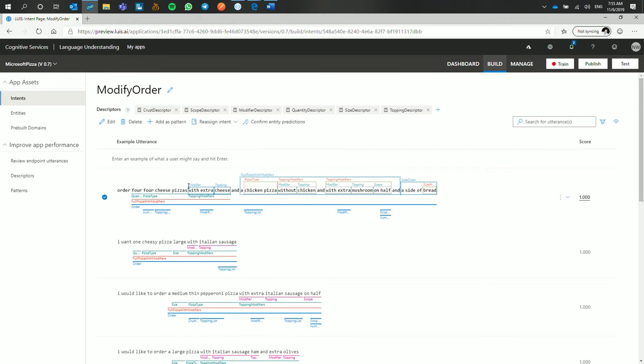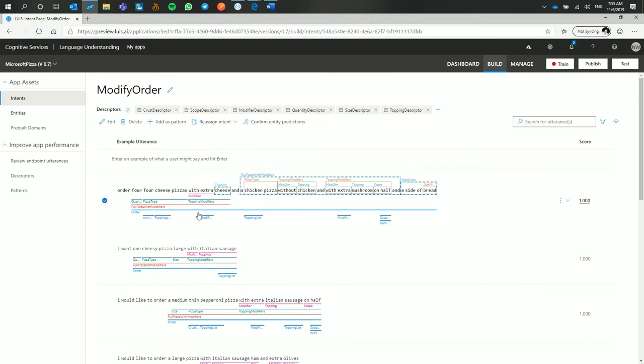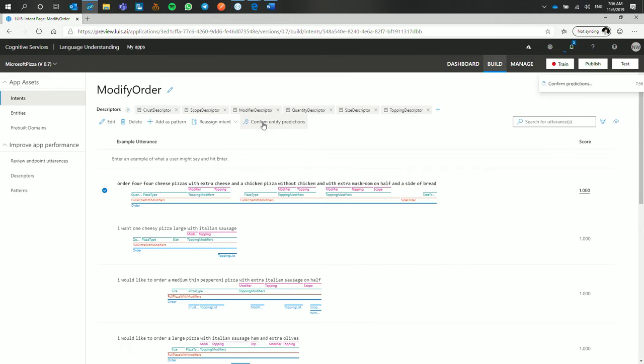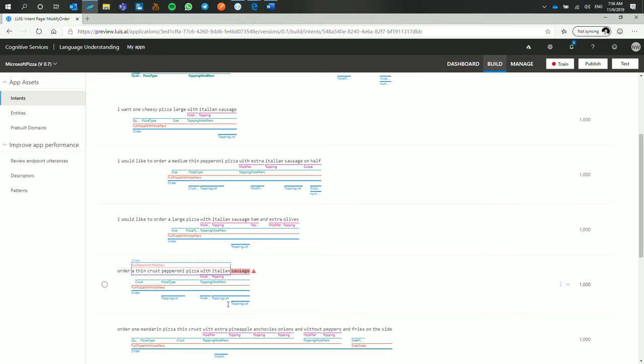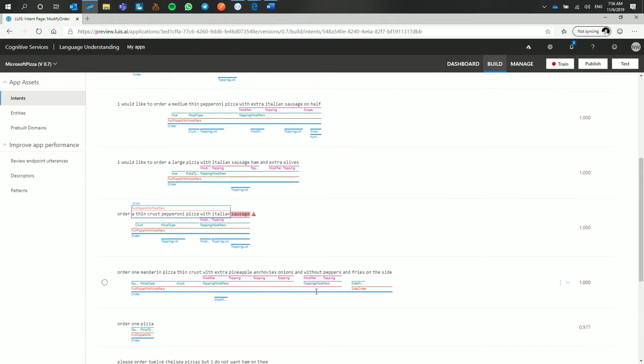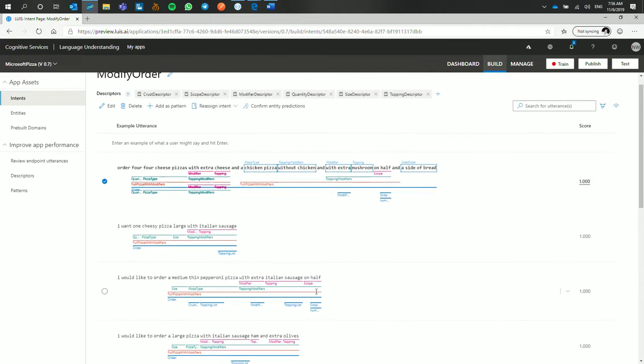With modifiers, this is the modifier that I have, with extra. Actually, because these are predictions, I can confirm the prediction, and these are just the topping. You can confirm the whole prediction by that, so it just transforms that into the labels that you had. And if there's confusion with the model, so for example, this is a prediction that is wrong compared to your labeling, so it's pretty obvious there, and you should go and correct your model.